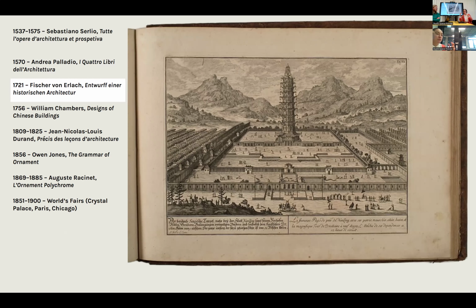So at this moment also, there is an aim to see how we go from looking at ancient Rome and ancient Greece with Serlio and Palladio to now trying to understand the entire history of architecture. There is traveling by colonial powers, in this case, the early steps of some of the colonial empires. And as travel is happening,